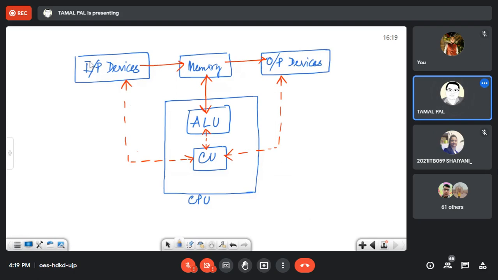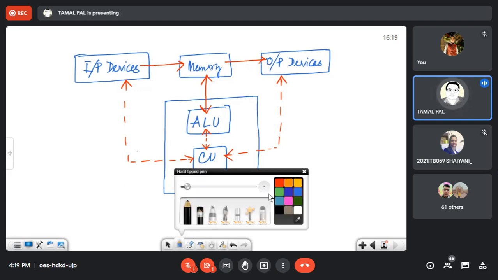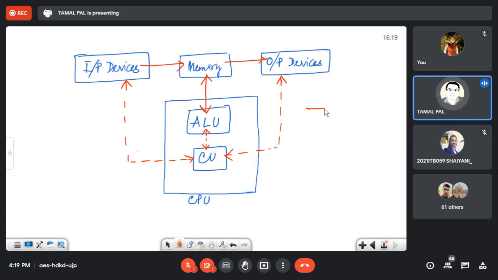This is a block diagram representing a digital computer. Bidirectional arrows represent that the data flows from both sides, and some data is unidirectional. The solid line is data,